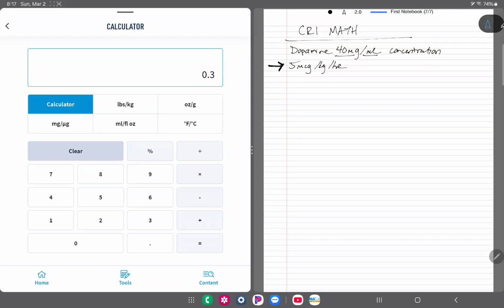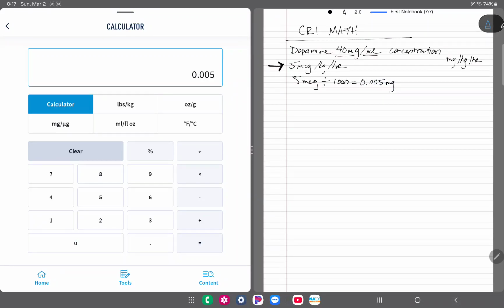So at 5 mic per kg per hour, it's hard to use that because we're very used to mg per kg per hour. So we're going to convert 5 mic into mgs. You're actually going to divide 5 mic by 1,000, and that will get you your milligrams. So if we take 5 divided by 1,000, you get